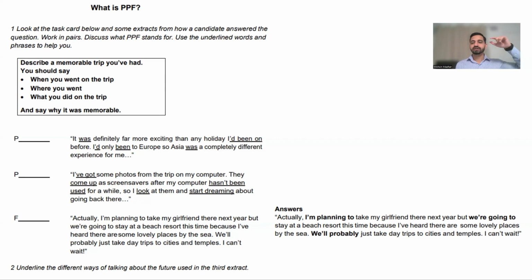So you could see one structure is present simple, present continuous. I'm planning to. It's also used for future. We can use present continuous for future. That's very important to understand. And we also use are going to. Going to is also used for future. Okay. And then we will probably,